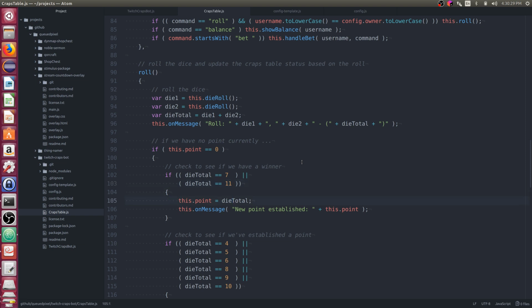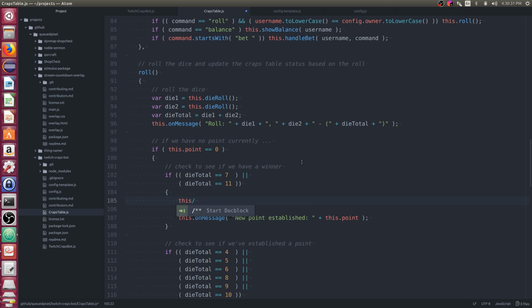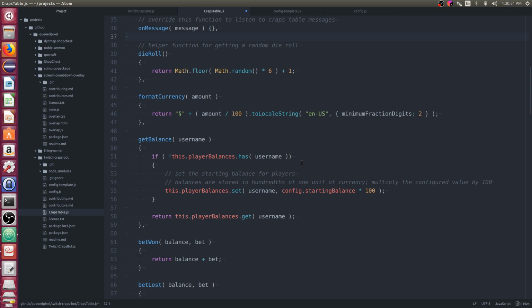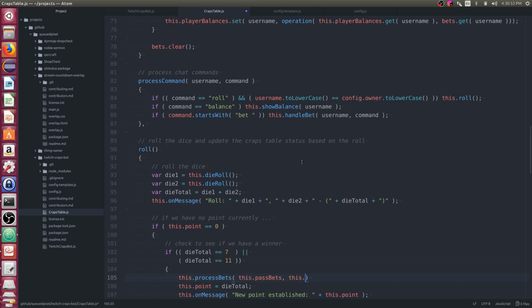We call this dot process bets. We're going to pass in this dot pass bets, so it processes the pass line bets, and then the function is this dot pass, or what did I call it? Bet won. Bet won is the function we're going to use on that.